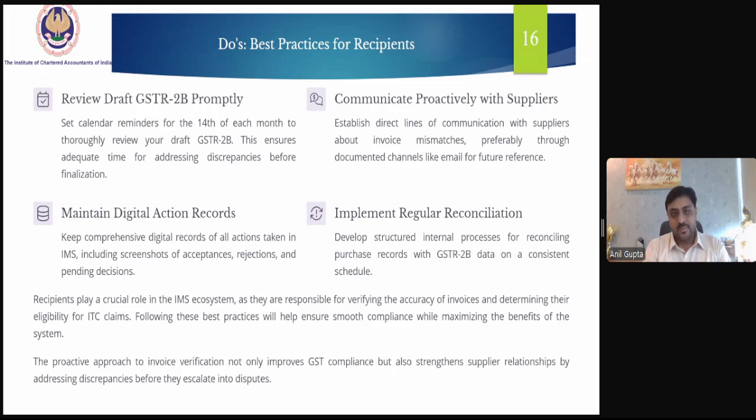The proactive approach to invoice verification not only improves GST compliance, but also strengthens supplier relationships by addressing discrepancies before they escalate into disputes.